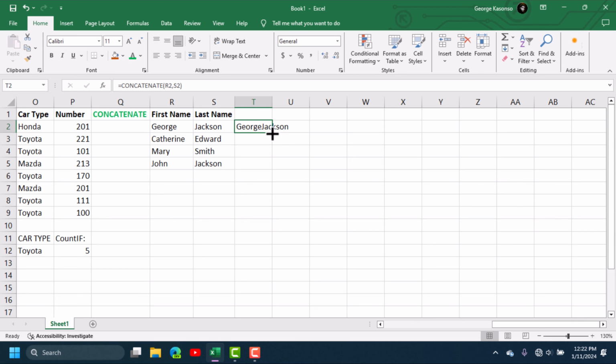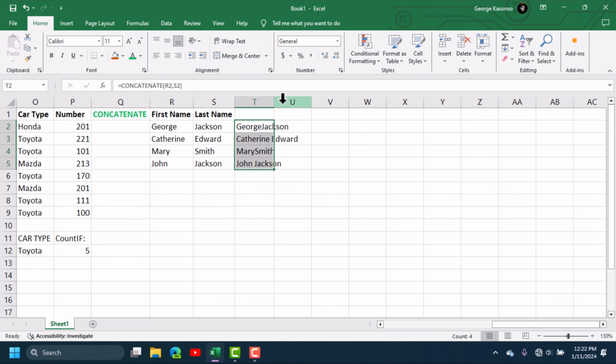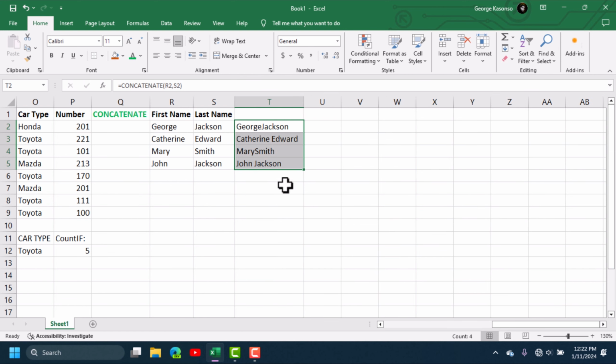If I want, I can extend this information by just using this fill handle and drag down, and it's going to do the same for these other ones. Let's double click here to expand this cell so that everything fits in properly like that. So what this concatenate function does, it joins the values of the cell given. So for example, here we gave it the R2 and S2, and these values were joined. Now, when you look at these names here, they are joined. For example, George Jackson here is joined. Mary Smith is joined to the